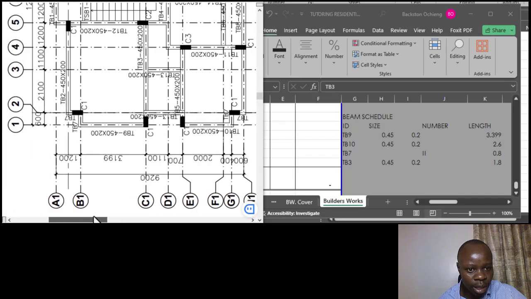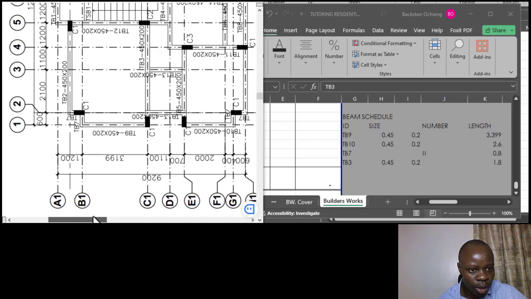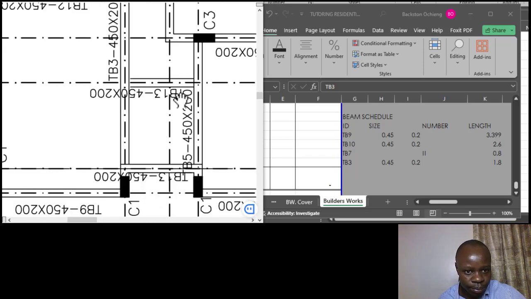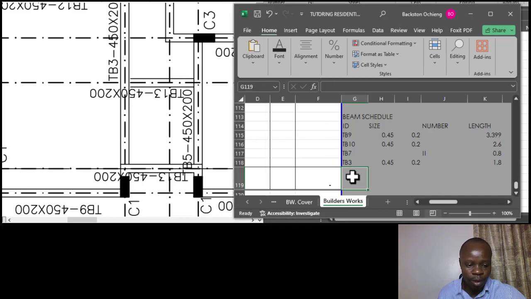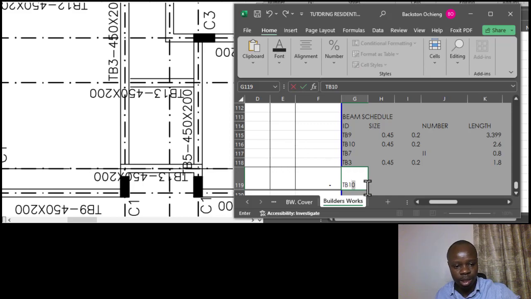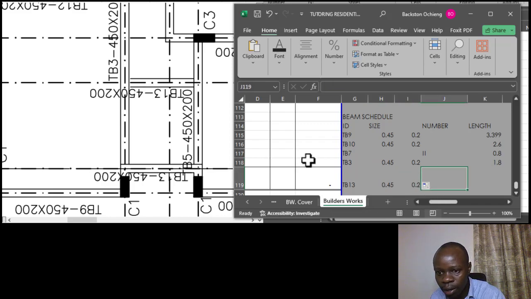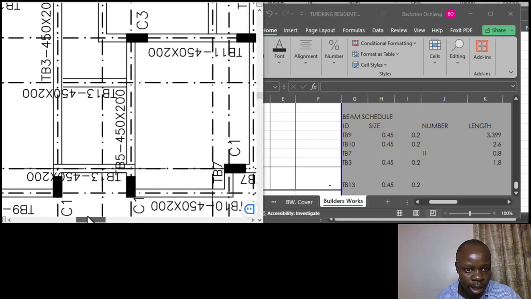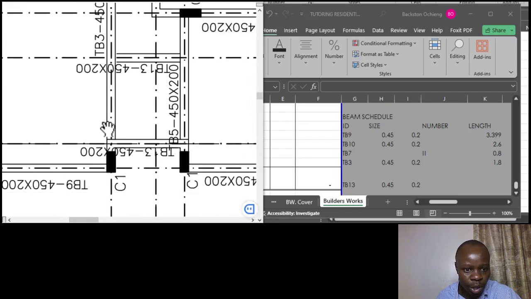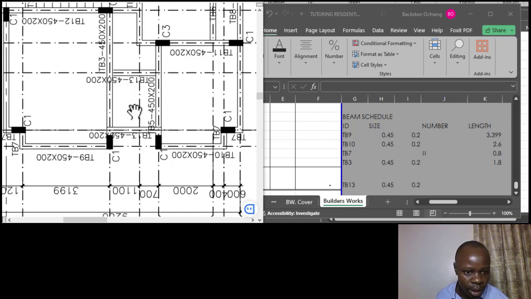The next grid is grid 3. Okay, so along grid 3 we have TB13. You can see the TB13 for 50 by 200. Okay, that is TB13, and it's also the same size, so just copy this, and then for the number we'll tally that later on. In terms of the dimension or the length, it's 1.1 by, it's similar to the one we've just taken off,